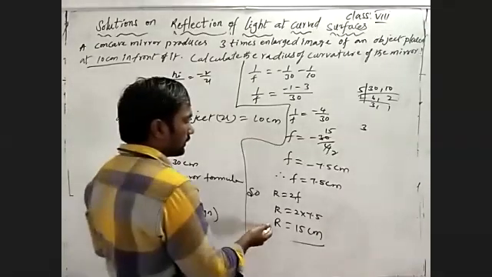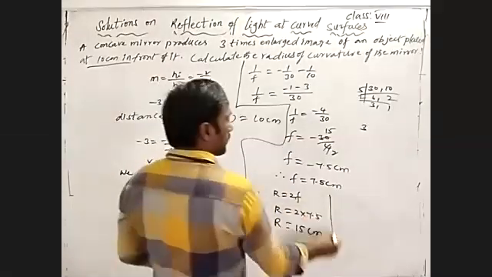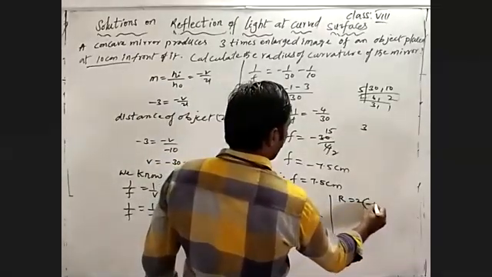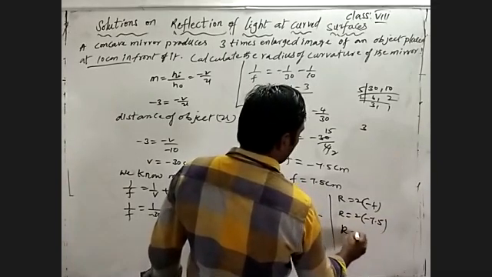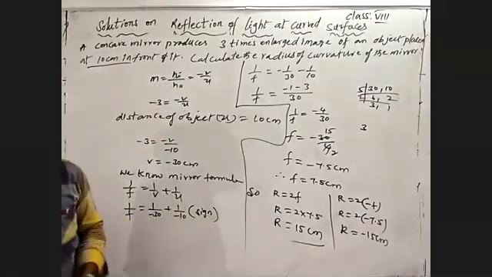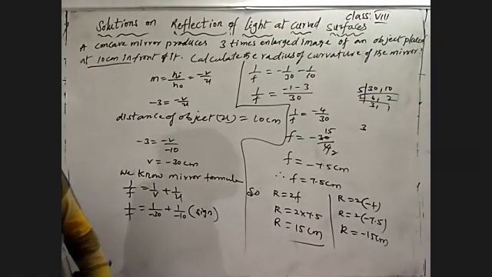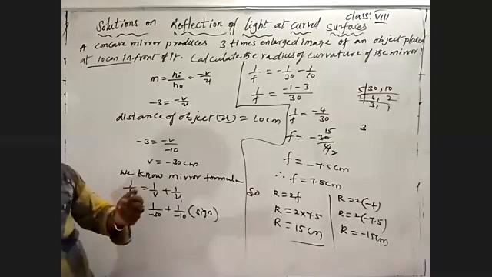Of course, it is not negative. Why? Because the focal length is negative. If you use r is equal to 2 into the focal length according to sign convention, minus 7.5, we get minus 15 centimeter. Generally we found this with the numerical values. By sign convention, we can write the same for the radius of curvature.